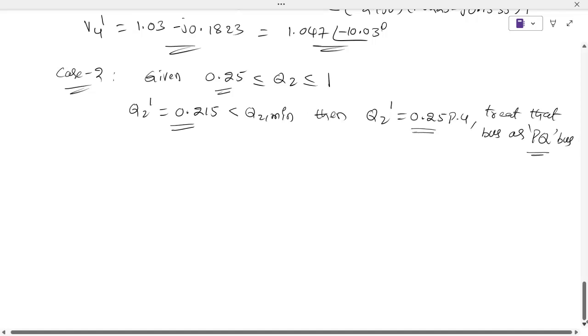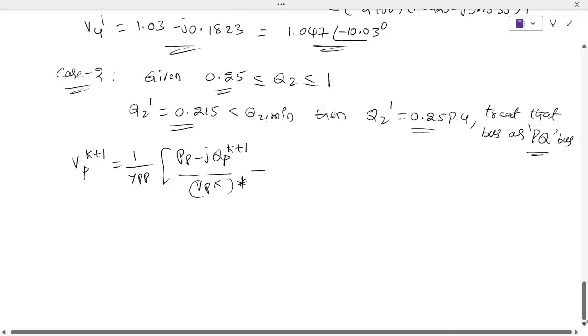Once again we will recall the formula: Vp(k+1) equals 1 by Ypp, times (Pp minus jQp(k+1)) by Vp(k) star,